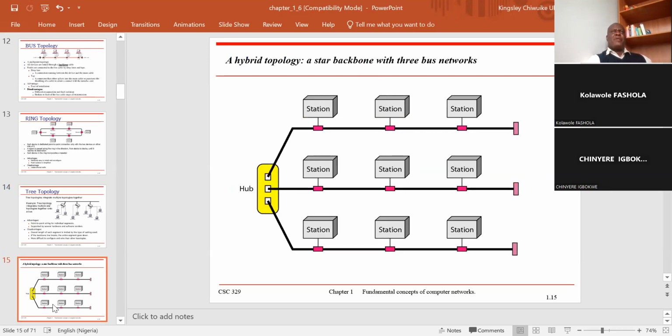We could also have a hybrid topology where any of these 5 methods we have mentioned can come together, 2 or 3 of them can be put together to form what you call a hybrid. In the hybrid, a tree can be combined with a star. A bus can be combined with